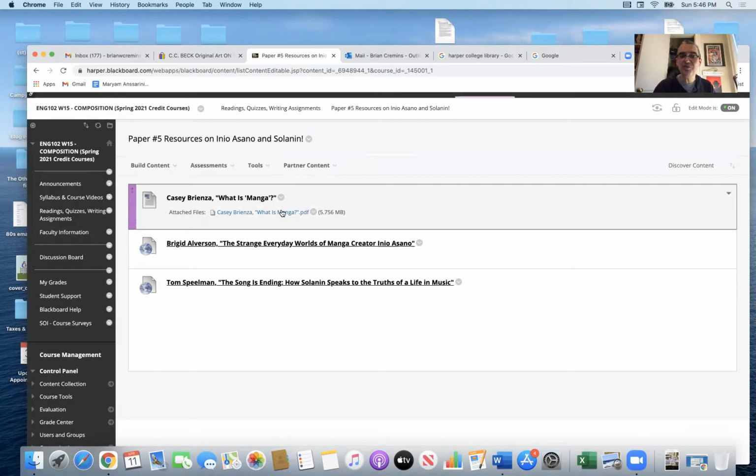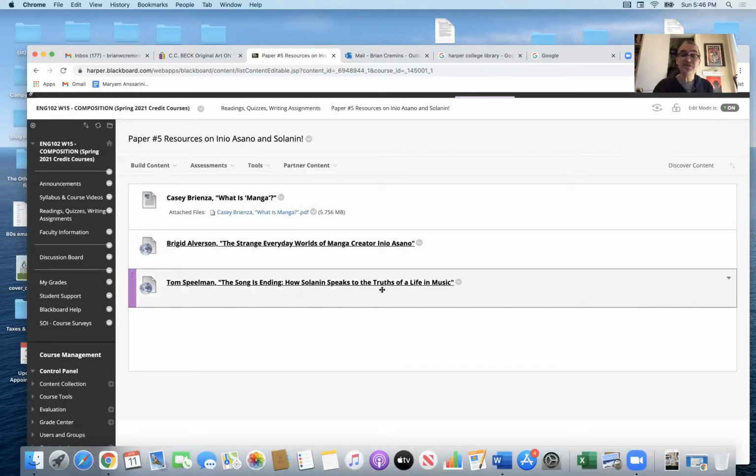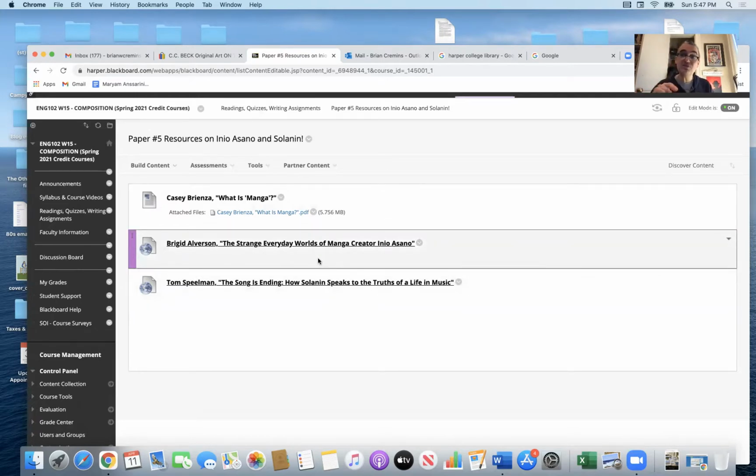And so I've got a little 3-page article from Casey Brianza, and she talks a little bit about what they are, how they were developed. And then these 2 are pieces on Salon. Now there's 2 different types. The Tom Spielman one is an essay that he wrote about the book and how he related to the musical elements of it. Okay, so that's an essay about the book,